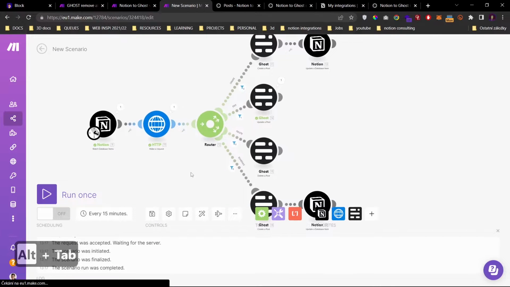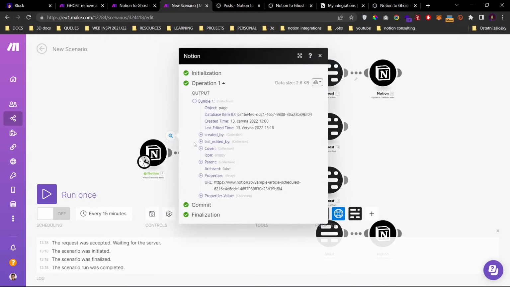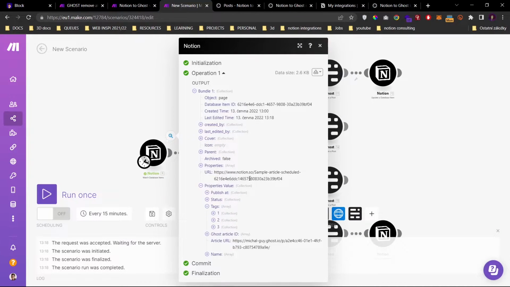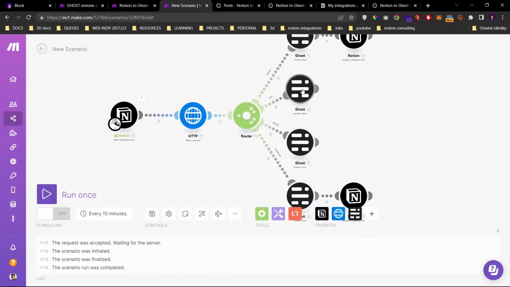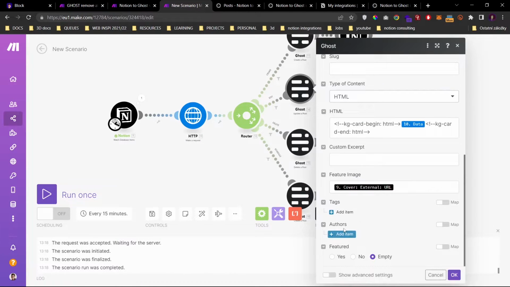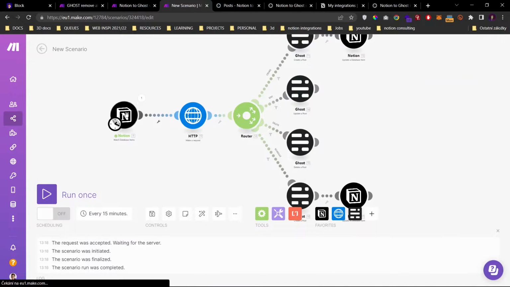And now let's see what happens. In what form do we get it? So the tags is now an array, and in this array there are 3 collections, and in each collection we have ID, name and color. Alright, well, here in the Ghost article we need to have just a normal array. Now to convert this